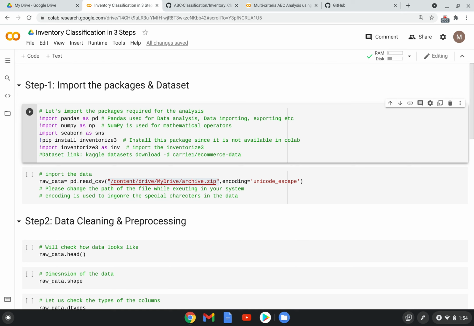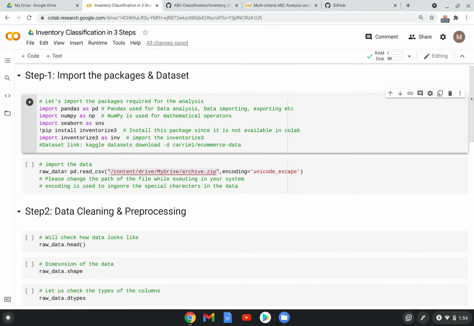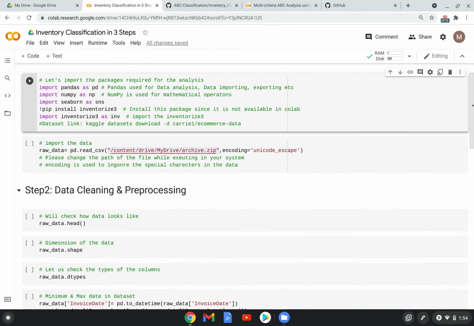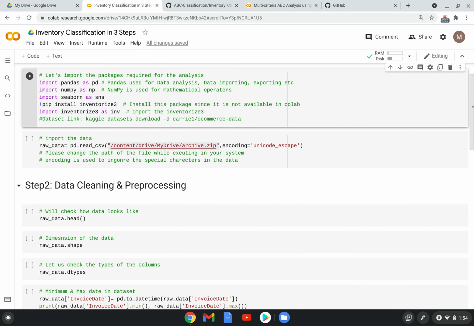By default, Pandas, NumPy, and Seaborn are available in Colab. You don't need to install them. You just need to import them into this worksheet. But Inventorize3 is not available by default, so you need to install the Inventorize3 package for Google Colab, which is pretty easy.